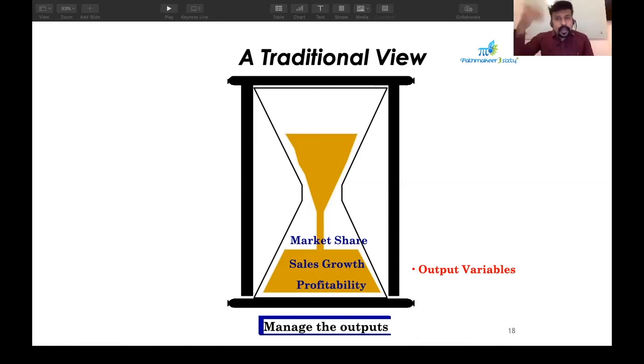Coming to the last one, that is profitability. What do you mean by profit? Profit is very simple: income minus expense, revenue minus expense, sales minus expense. So I'm coming back to the first thing: traditionally, we focus on quality to improve any one of these three outputs. Now, what's the non-traditional view we are going to see in Lean Six Sigma?